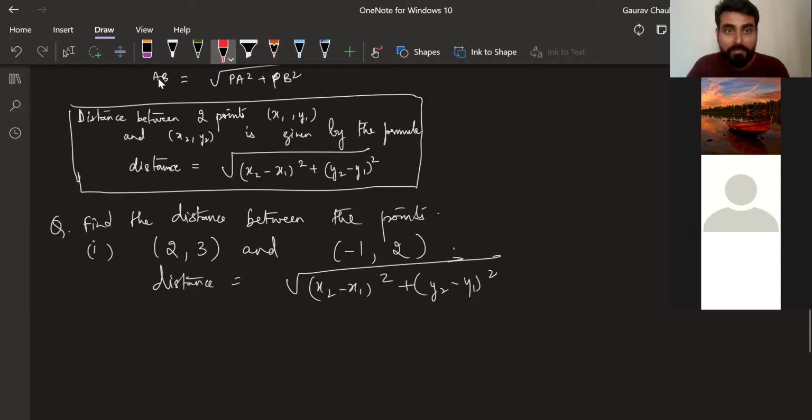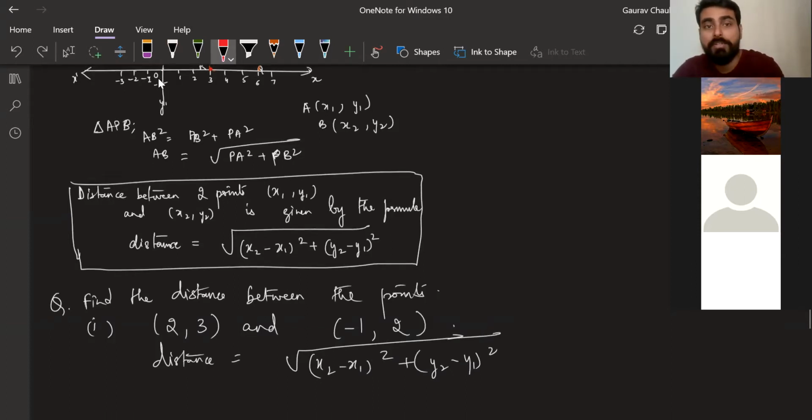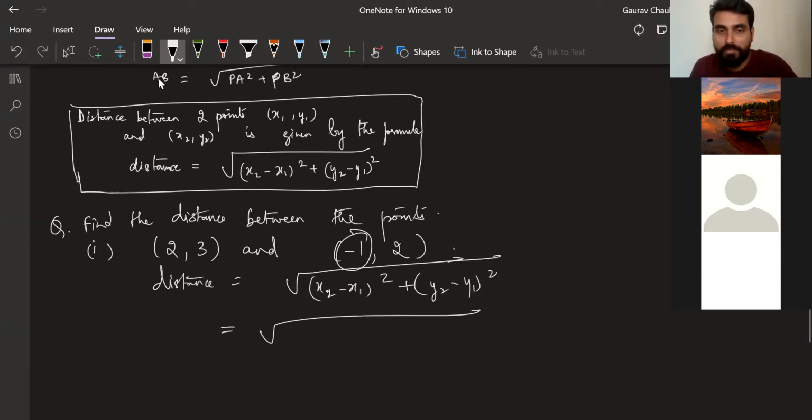If you notice, we did not take the negative root. When we took the root here, we took positive root only. Negative root should also have been there, but it's not there because it is distance. We have touched upon this in quadratic equations. Okay, so that's equal to root over, I'm taking x2. So x2 is what? X2 is this, minus 1. Whichever one you want to take, but take that one only.